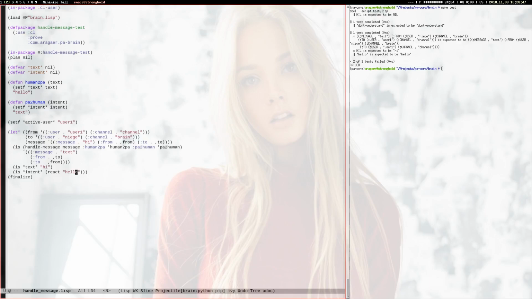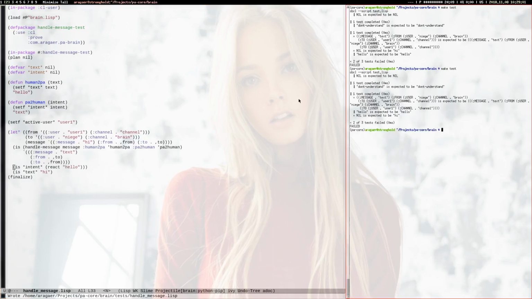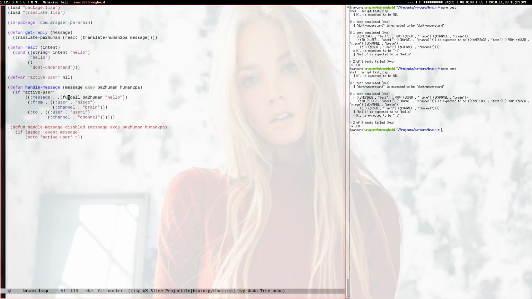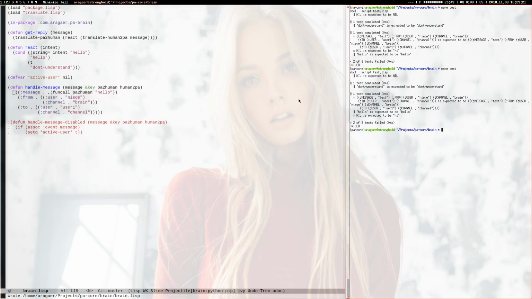this is something that it uses to translate from human to PA. It's this way. Yes, and that's something when it translates from PA to human, and it's in here, and oh, first I don't need this for now, like this. Oh,